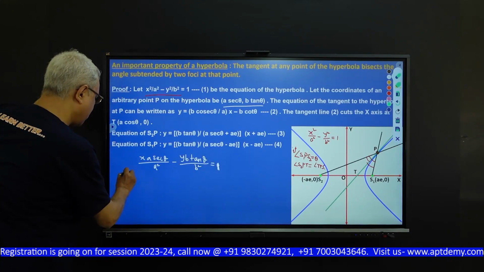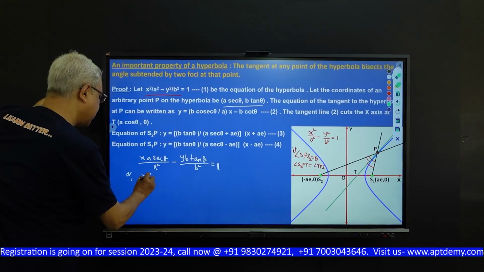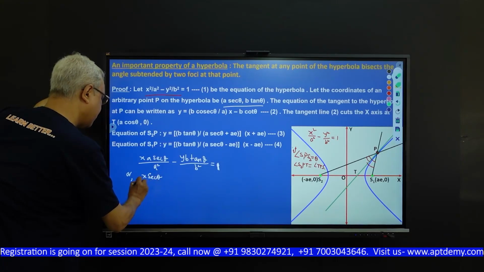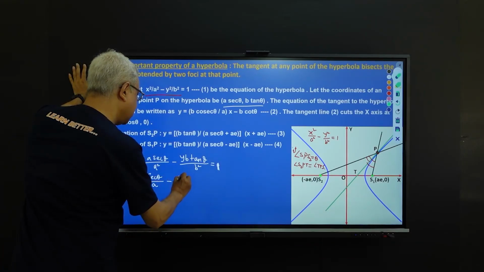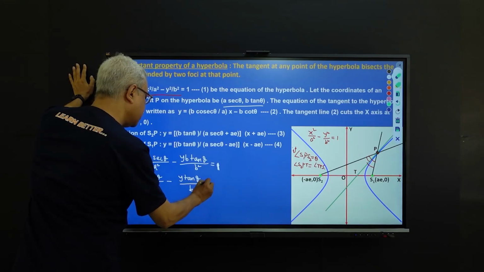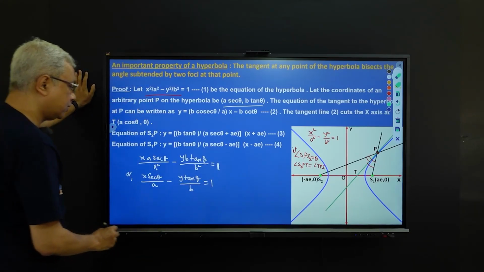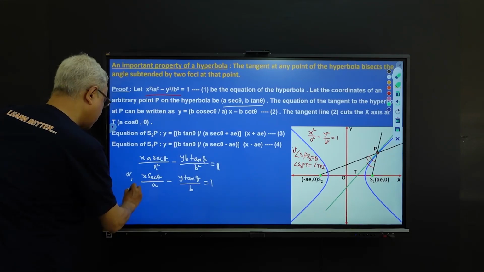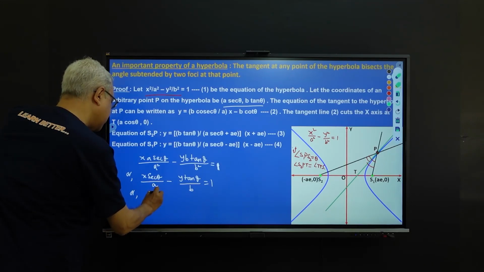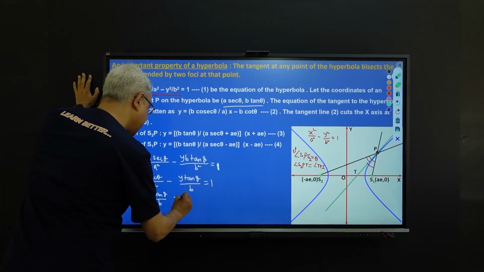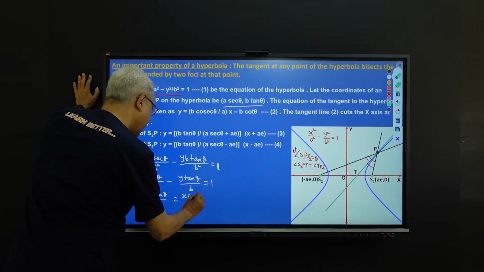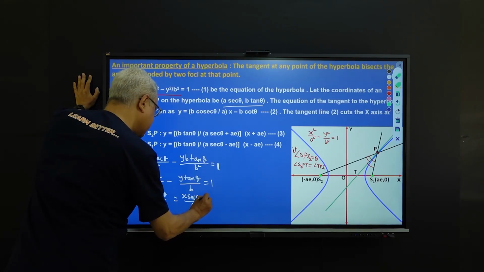Okay, so I can write x sec theta by a minus y tan theta by b is equal to 1. Therefore, I can write y tan theta by b is equal to x sec theta by a minus 1,